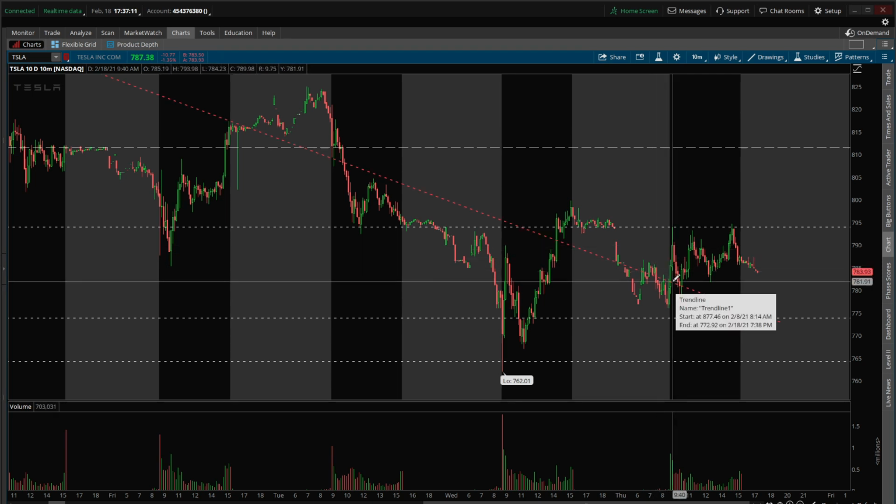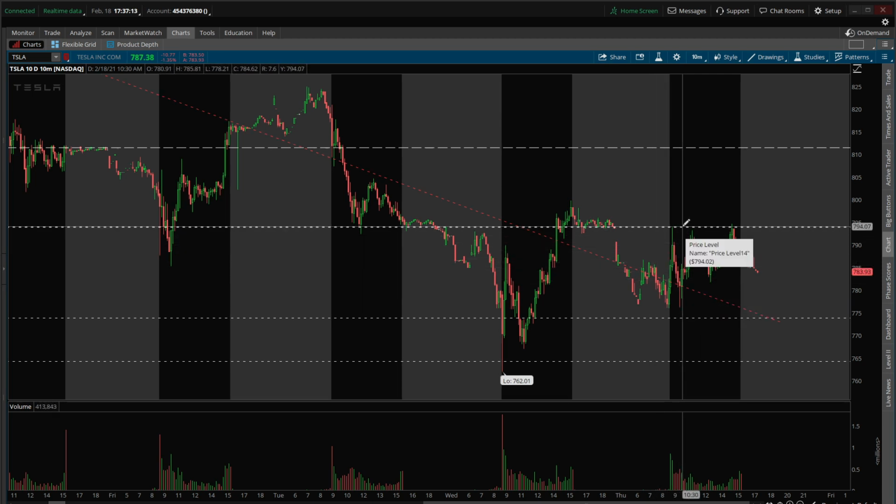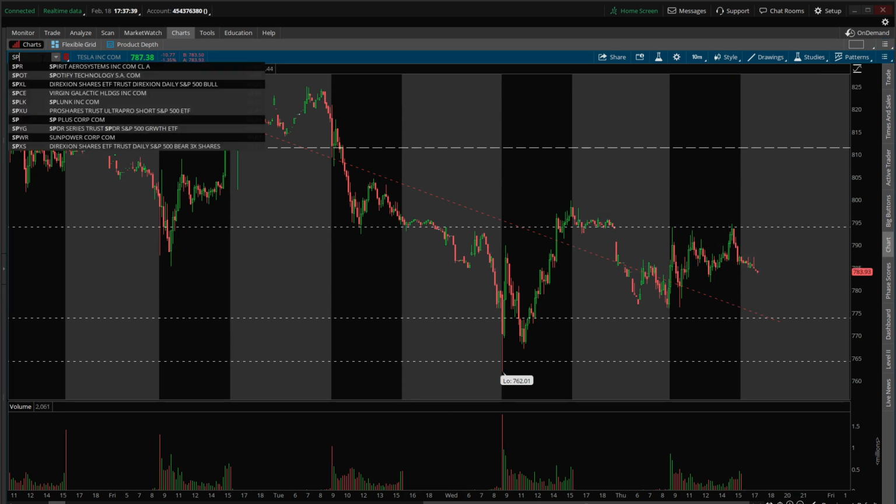We don't see a big bounce and recovery. We don't see a reclaim or a hold of this 792 level, or going back up to test this 811 level to get back into our price channel. We don't see that, right? What we see is a choppy day where we tested this level a couple of times and immediately got rejected here. And again, at the end of the day, immediately got rejected very sharply,